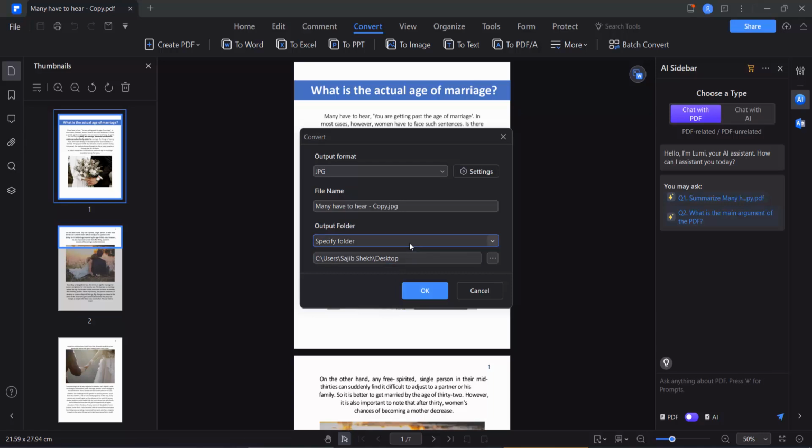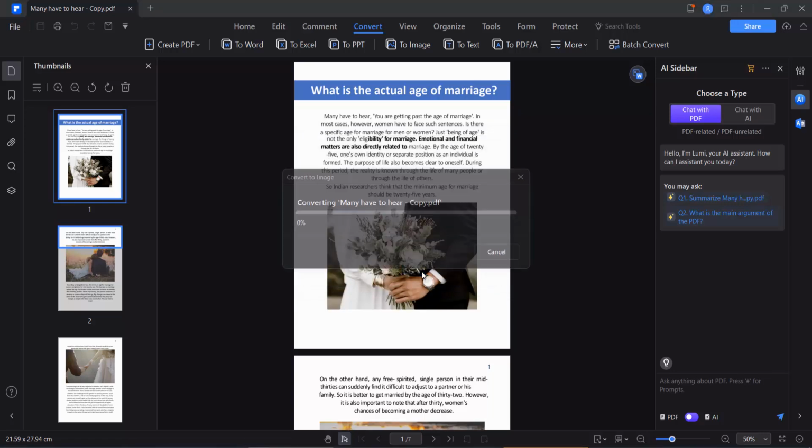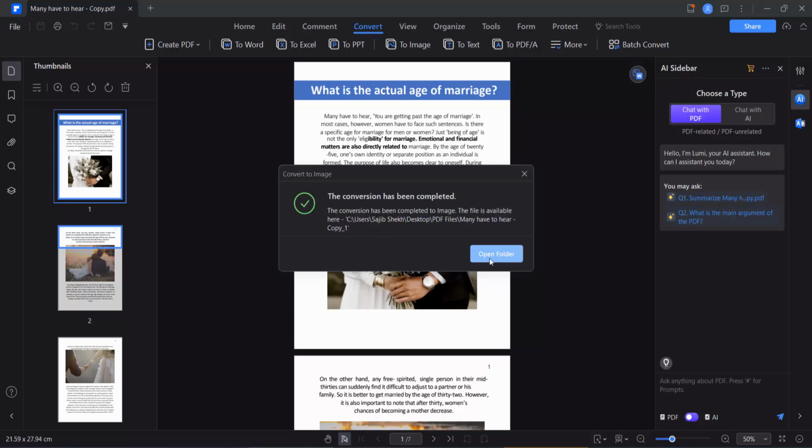And you can select a specific folder, or you can save in the source folder. I will select save in the source folder and select OK. And this PDF file is now converted. Select open,